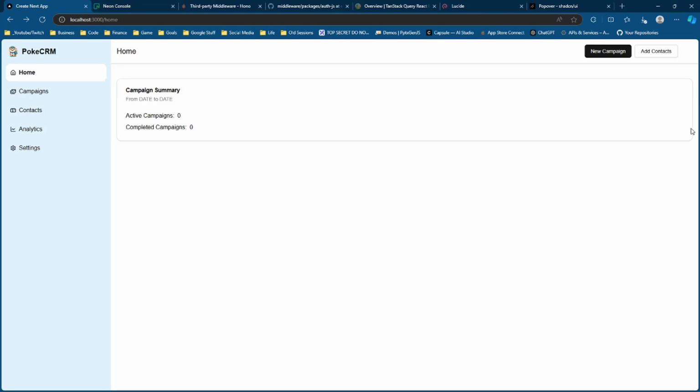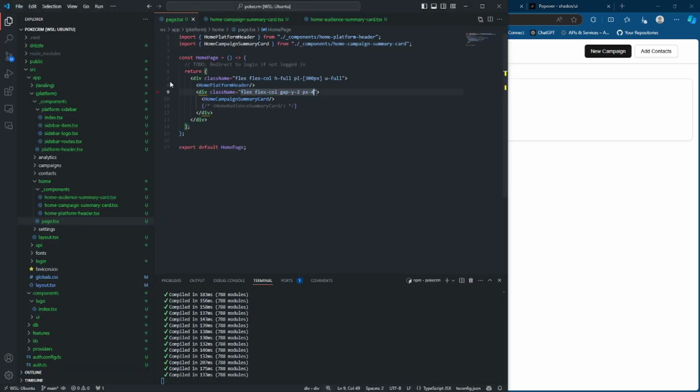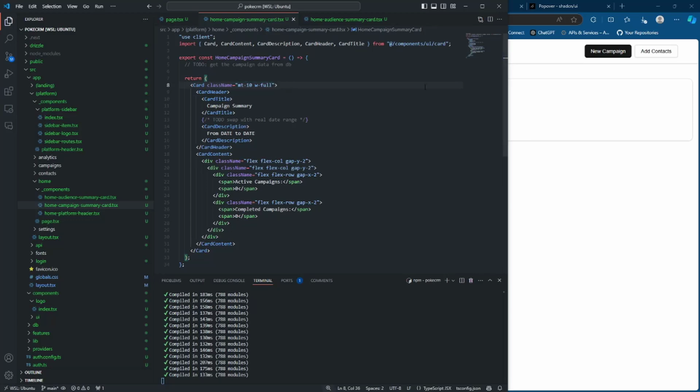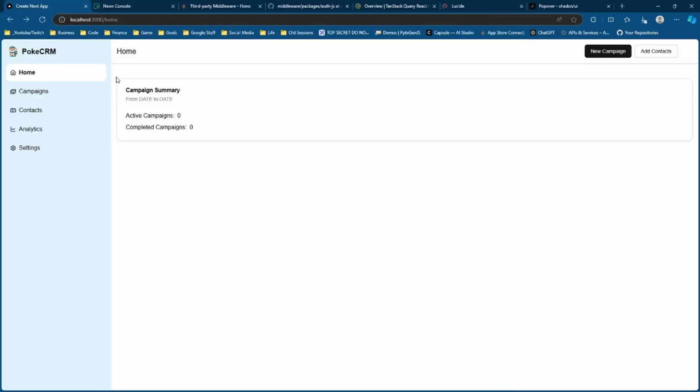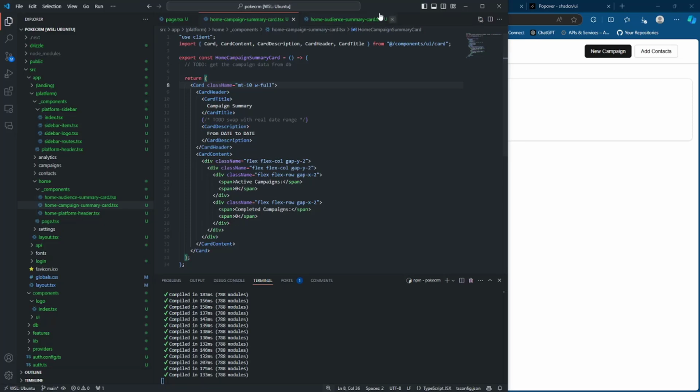You can see there's a little gap here on this side, and there's obviously a gap on this side. So that's the place to do it, not in the actual card itself. So we can do that. And then for the audience summary card, we basically can just copy and paste the same thing and just change